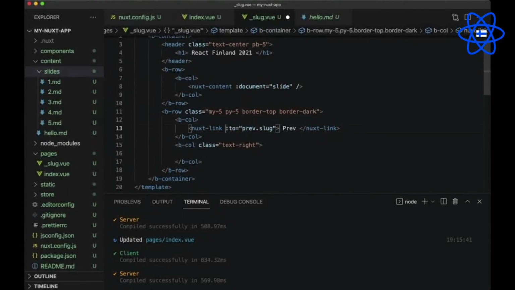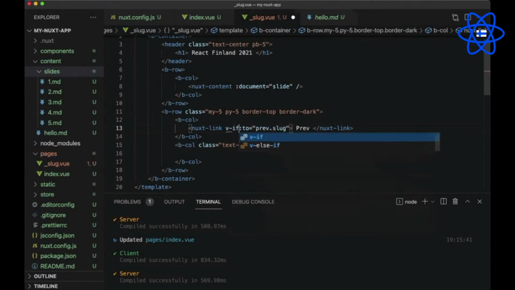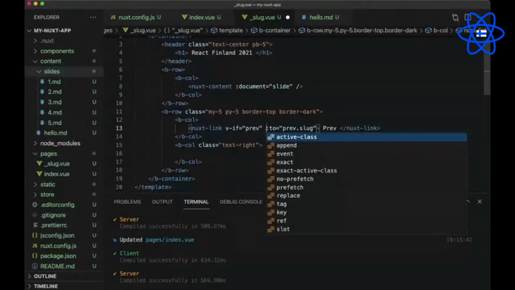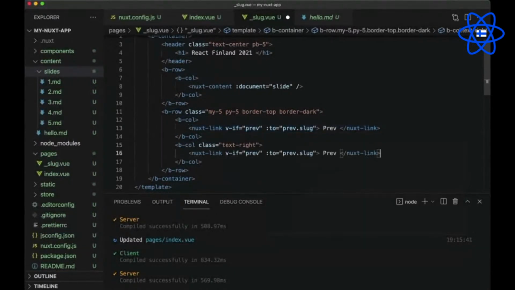So let's add a condition that only when the previous item is returned, print previous. Otherwise, for the next, next.slug and next. Let's save and test.